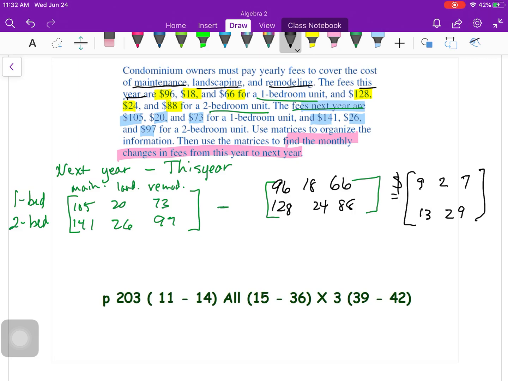And I'm going to put my $ sign as my multiplier because I would save $9, $2, and $7 on the 1-bedroom in the respective fees, and I would save $13, $2, and $9